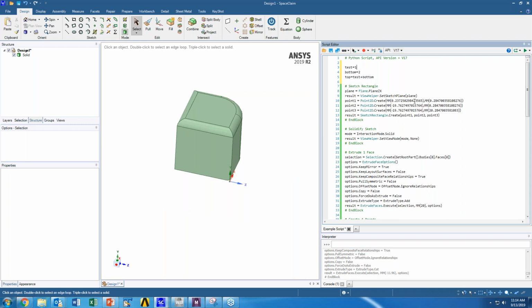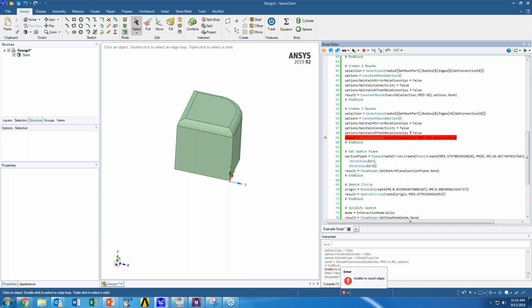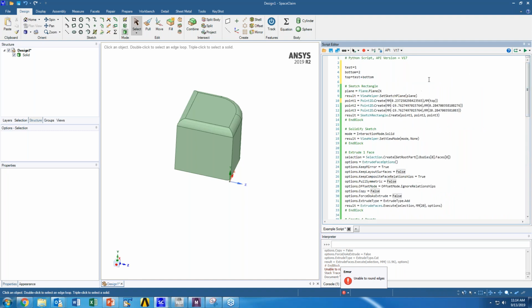So for instance, I'm not going to modify this on the fly, but I could at least say here, let's say I want this to be whatever the resultant top is. That will change the overall dimension of how this thing is created. And I'll try to run this. This is not tested, so I don't actually know if it'll work. But that is the power of the scripting interface.